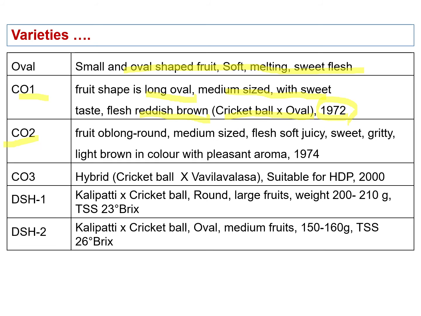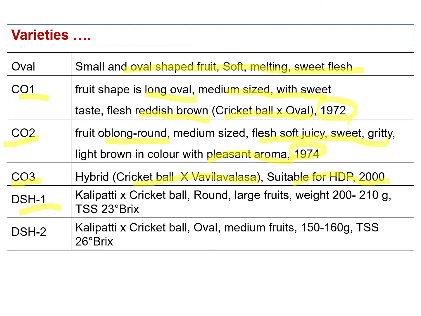Then next is CO2. Fruits are oblong, round. Flesh is soft and juicy, sweet, gritty. Released in the year 1974, and it has a pleasant aroma. Then CO3, this is again a hybrid between cricket ball and Wavella Walasa, suitable for high density planting, released in the year 2000. Then DSH1, so DSH series, Dharwad,